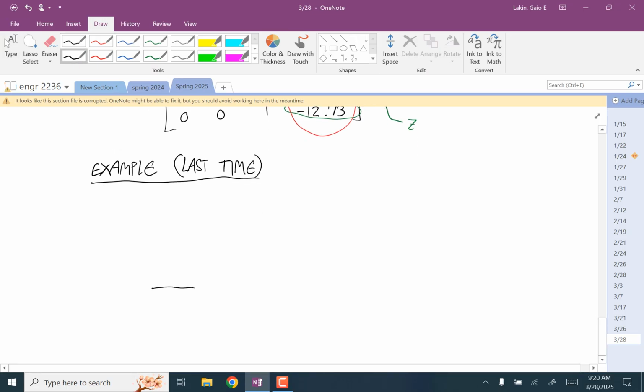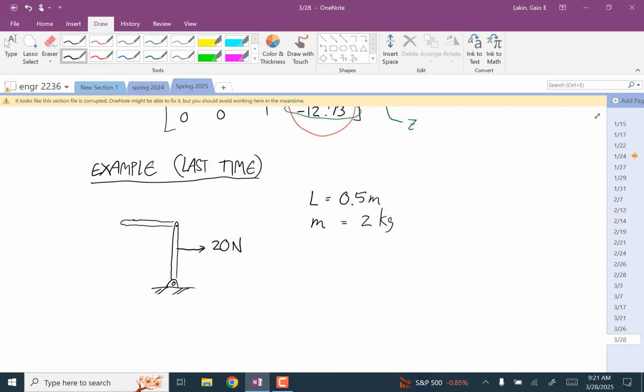So we had this was the linkage. And we had a force of 20 newtons this way. And the lengths of both of these were 0.5. And the masses were 2 kilograms. And last time we went through all of Newton's laws and went through the rigid body analysis,